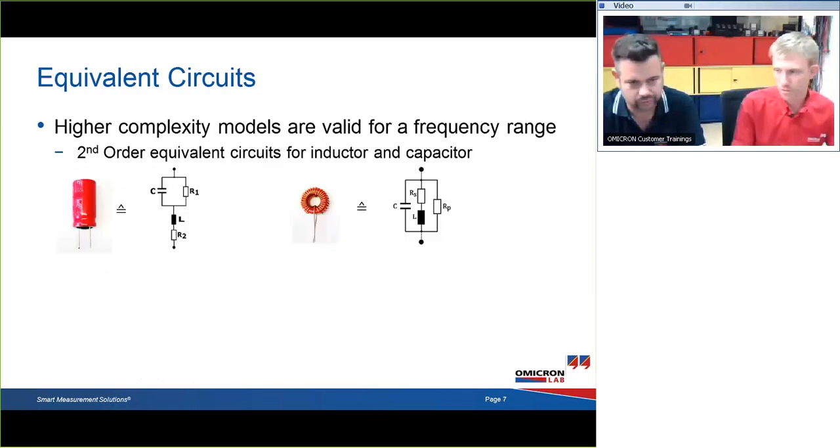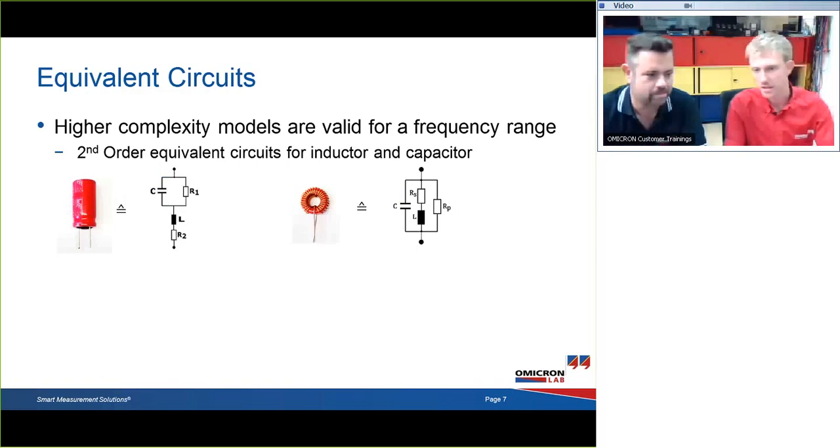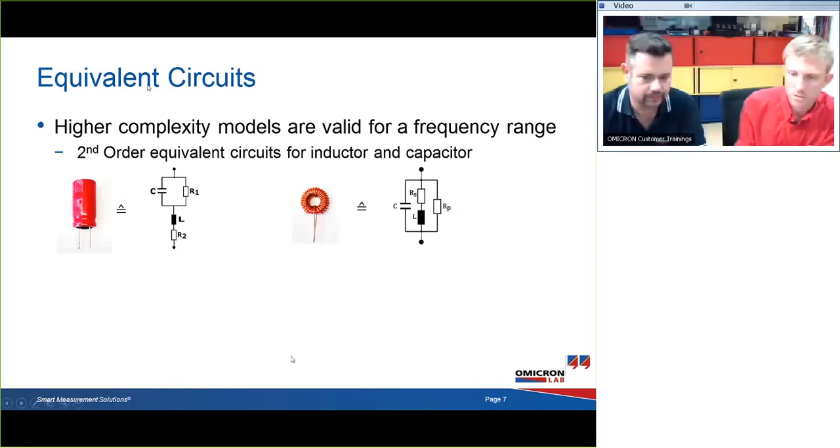If you want to have models that are not only valid for one single frequency, but also for a certain frequency range, then you can use higher order equivalent circuits. We now call these two examples the second order equivalents, because they have two storage elements inside, and in this case also two resistors to model different losses. So R1 in this case would model the loss of the isolator, and R2 would model the loss of the